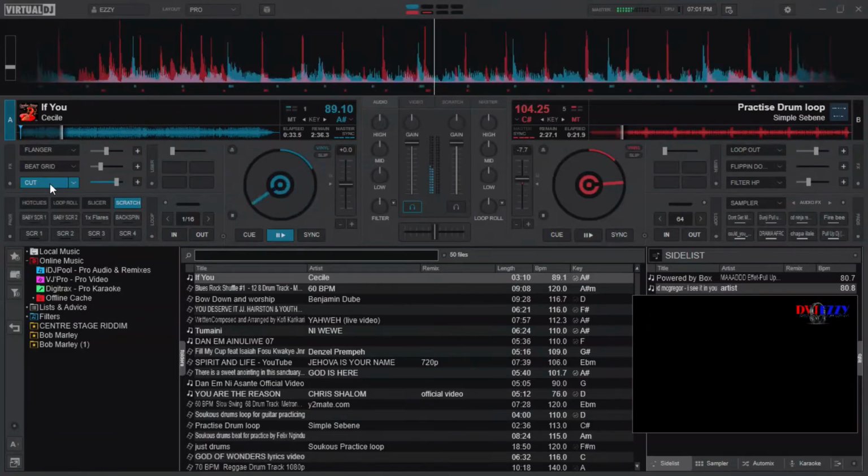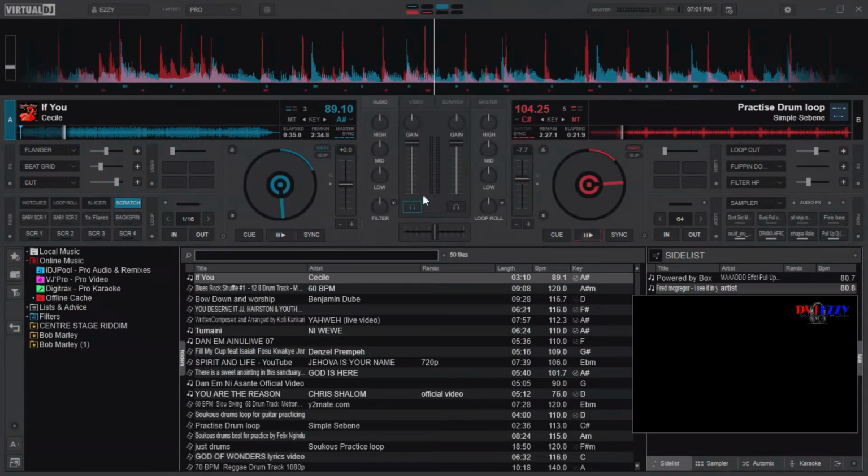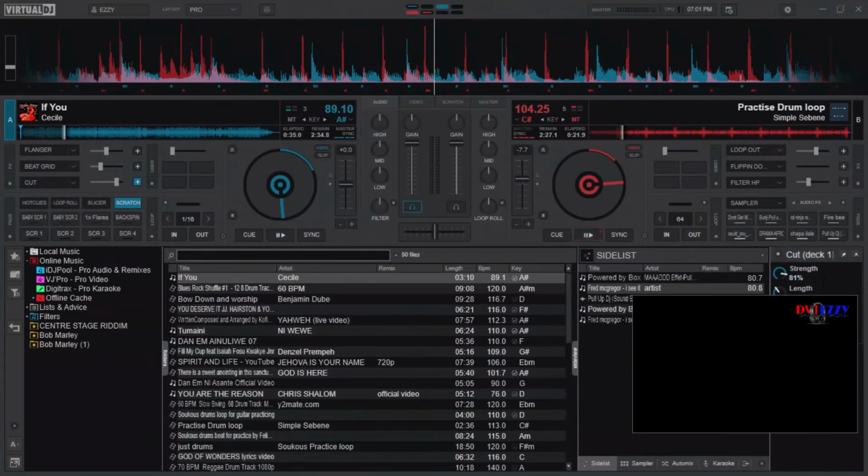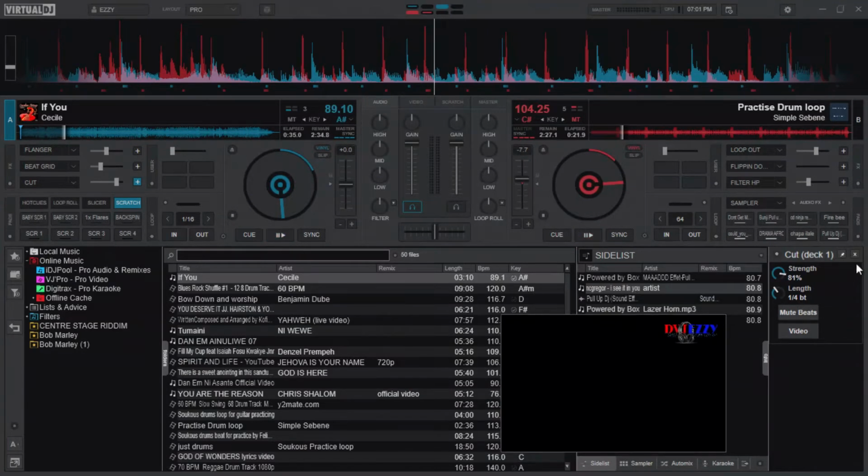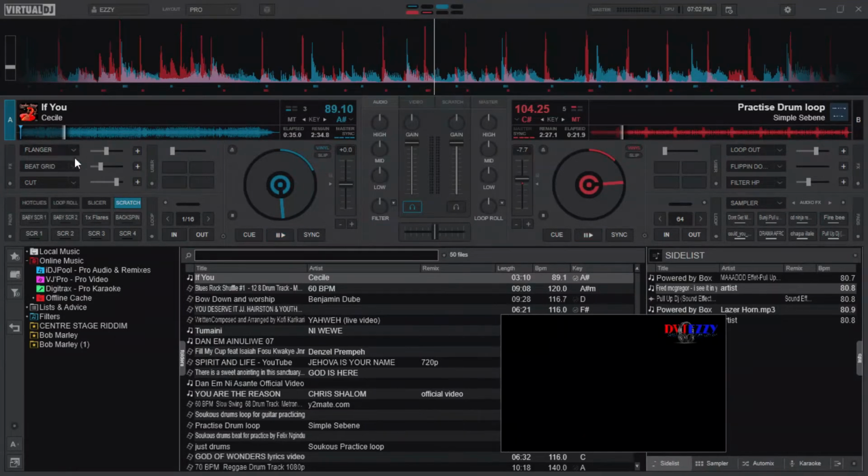So anytime you're not good at this one, try to use the cut function. It has more options. From here you will be able to see most of the beats that you want to cut, and the strength of that cut. If it's at 100%, it will be like you are killing the volume completely and you are cutting it on the inside. So I told you, you can close it from here, or yeah.